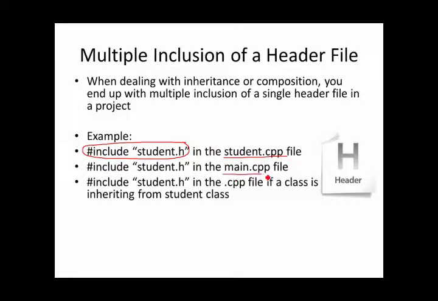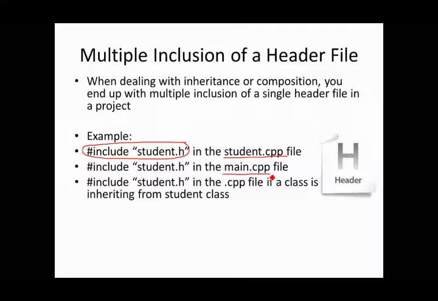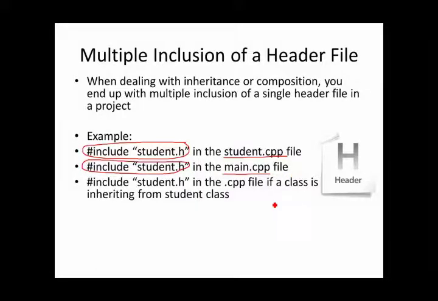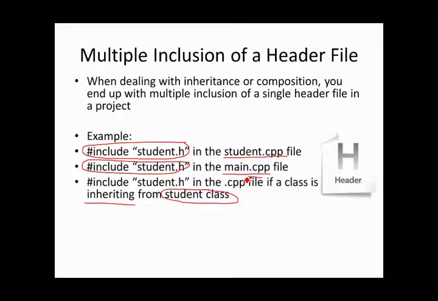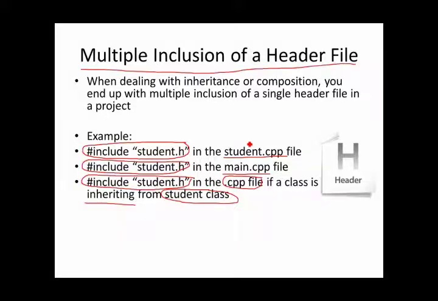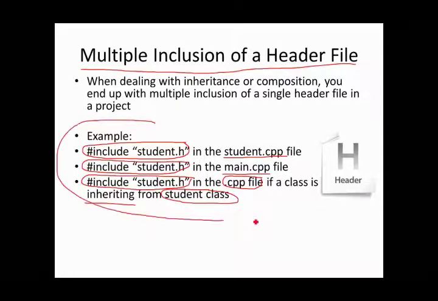But then let's say you also have a main CPP file where you have your int main, and you're going to be creating student objects. Okay? That means you will also have a #include student.h in your main.cpp file. But let's say in this exact same project, you also have inheritance, where you have one class inheriting from the student class. Well, that means you have yet another CPP file that's going to have a #include student.h above that. So here you'll notice we have a multiple inclusion of a header file